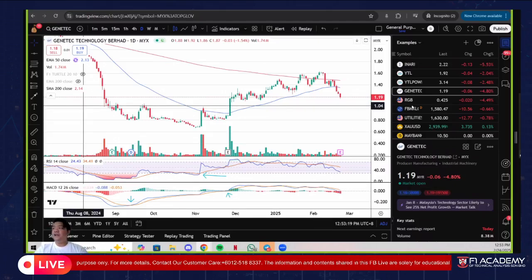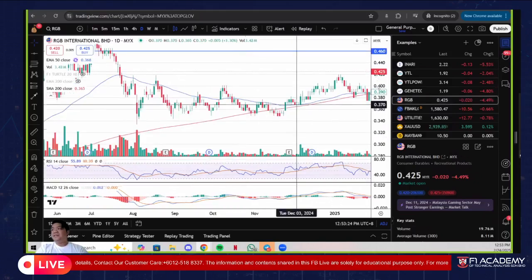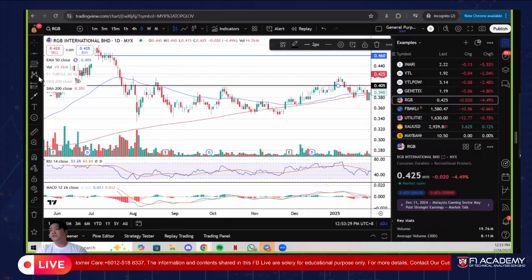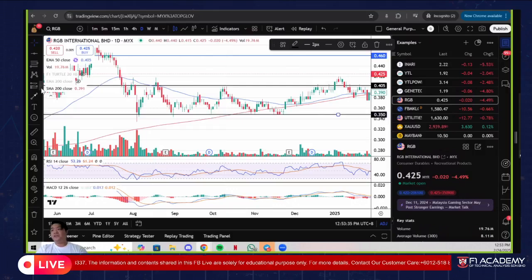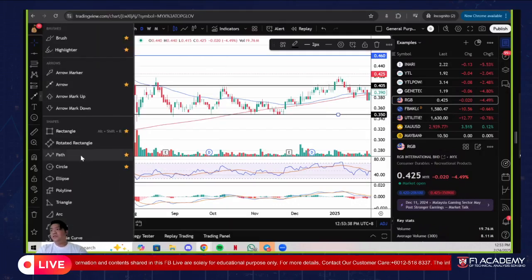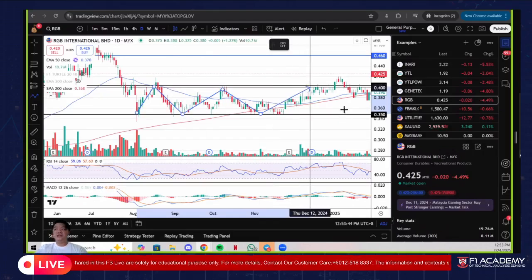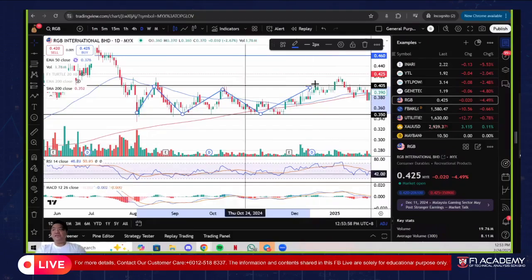So caution is advised. Now, this is not the best example, but I'm going to give you a reasonable example now. This is what I mean, right? We can see a lot of times, especially RGB International. See that? It's ranging back and forth, back and forth. This is a $100 stock, you could have made like 50 cents, 55 cents, basically 10 bids off it, sorry. So you can do ranging stocks like that. You can find stocks like that, you know.